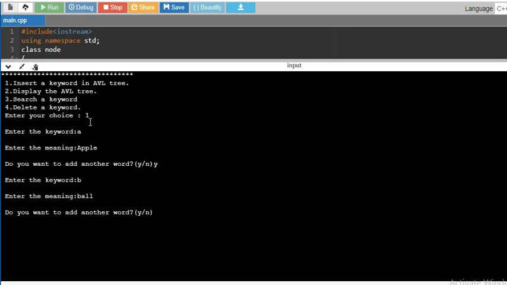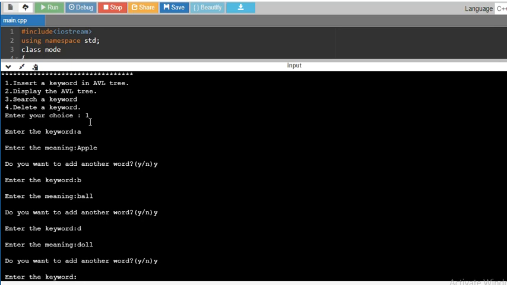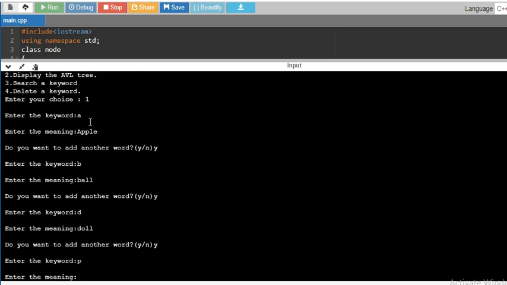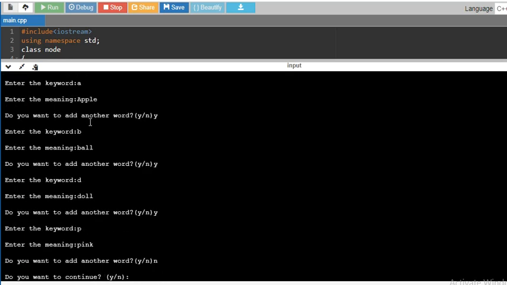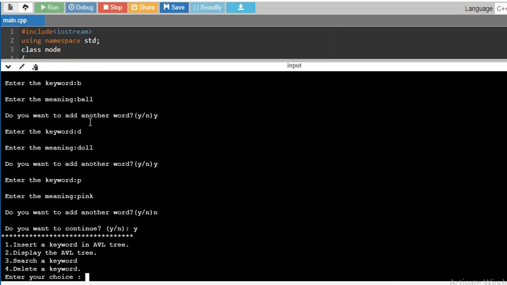Then I want to insert D, with the meaning doll. Then yes, I want to insert P, P for pink. Likewise. Now I don't want to insert, but I want to continue because I want to display this.